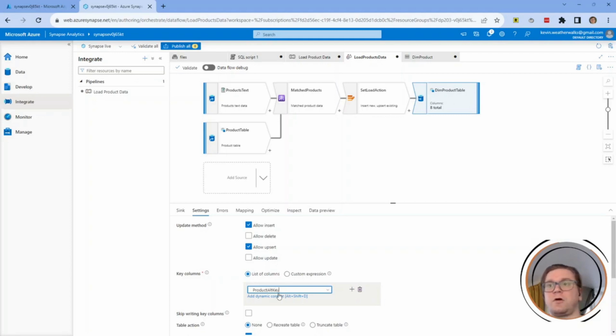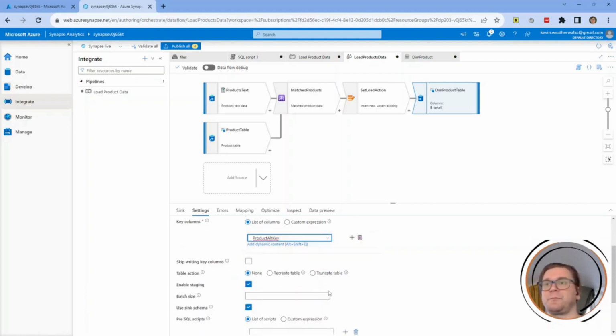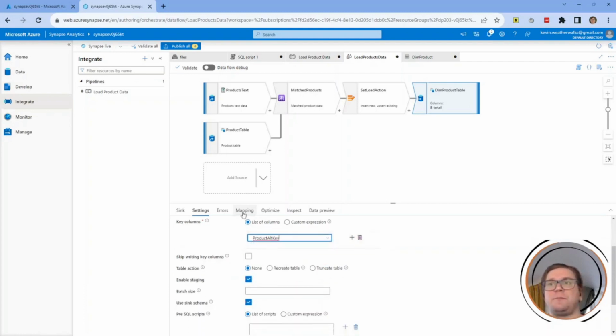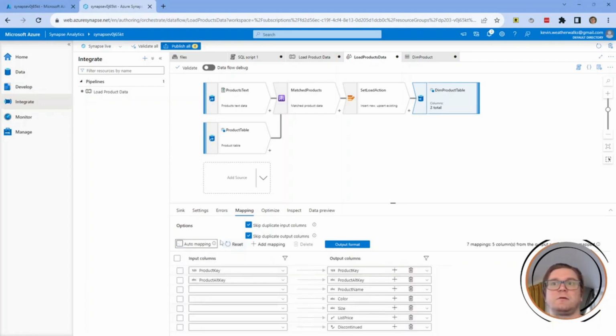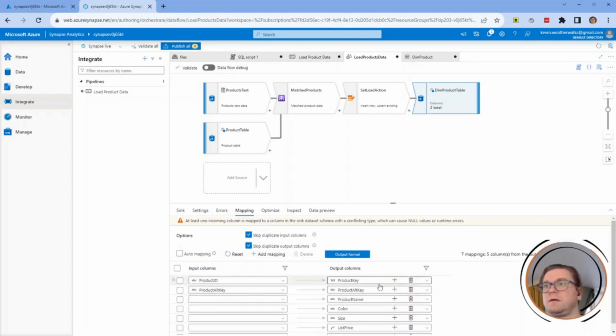Containing product alt key as the only column. On the mappings tab, we will clear the auto mapping selection. And we will specify that the product ID gets mapped to the product alt key,